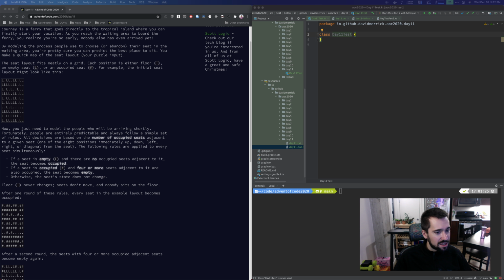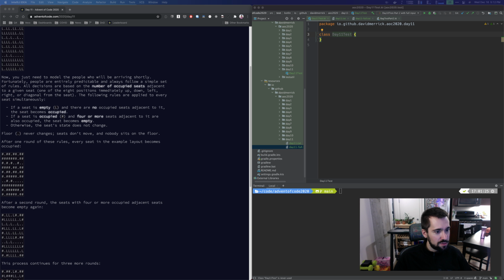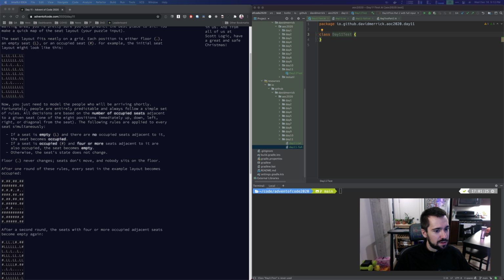If the seat is occupied and four or more seats adjacent to it are also occupied, the seat becomes empty. Otherwise, the seat's state does not change. Every seat simultaneously. Floor never changes, seats don't move, nobody sits on the floor. So after one round of these rules, every seat in the example becomes this, because